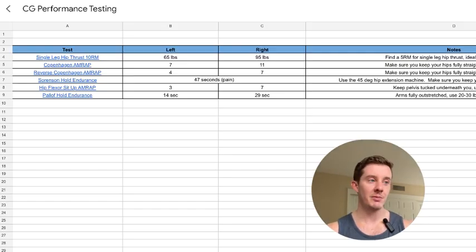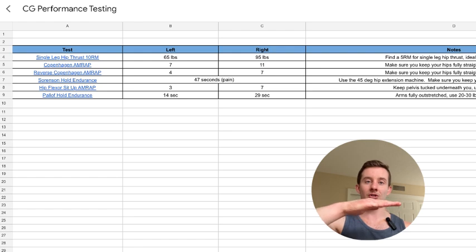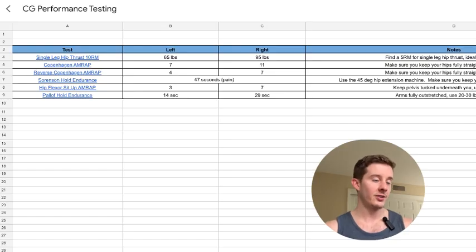So single hip thrust 10 rep max. Then we did a Copenhagen and reverse Copenhagen AMRAP to look at his hip abductor and adductor endurance. A Sorensen hold endurance test, which is just getting on a GHD and holding a completely neutral spine position. And you hold that position until you start to sag your back down towards the floor. Then we did a hip flexor sit-up endurance test, and then a Powerlifter endurance test for some rotational core